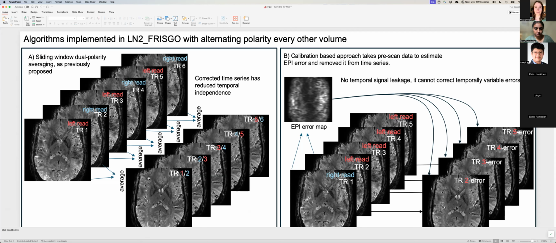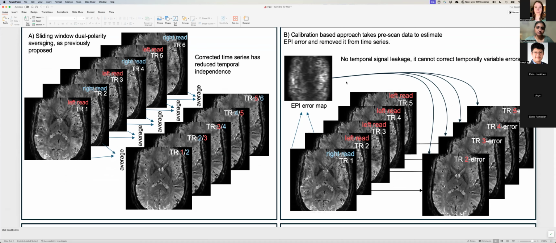However, neuroscientists didn't like it because they were worried about temporal leakage, so temporal smoothing, and because you're basically combining 2 TRs to 1, even though you have the same samples, and they're not statistically completely independent anymore. So one of the approaches that LN2 FRISGO tries to deal with is to have the first volume in the different read polarity, compare the other ones,